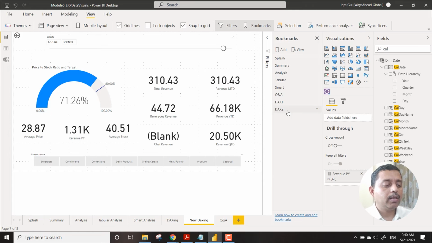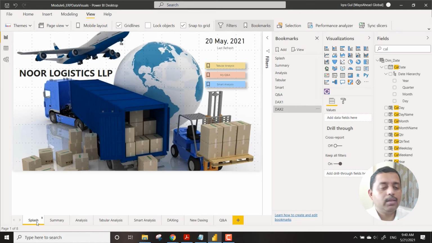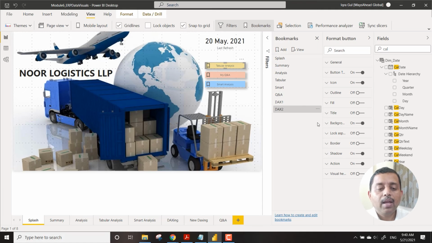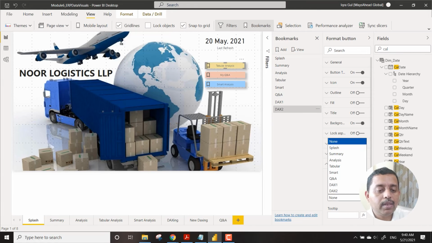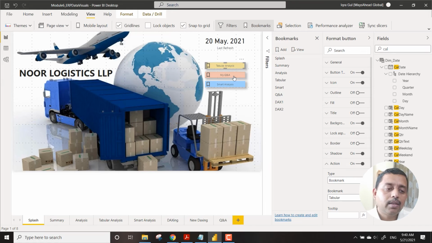So all of the names are there. Now it's just a matter of clicks. So you just click on the first one and go to this option called action, and then you say that if I click on tabular analysis, it should go to tabular. That's it. You go to Q&A and you say bookmark and you pick Q&A.